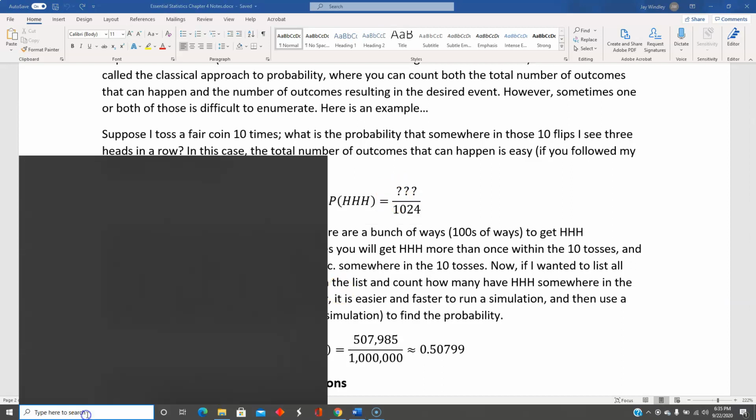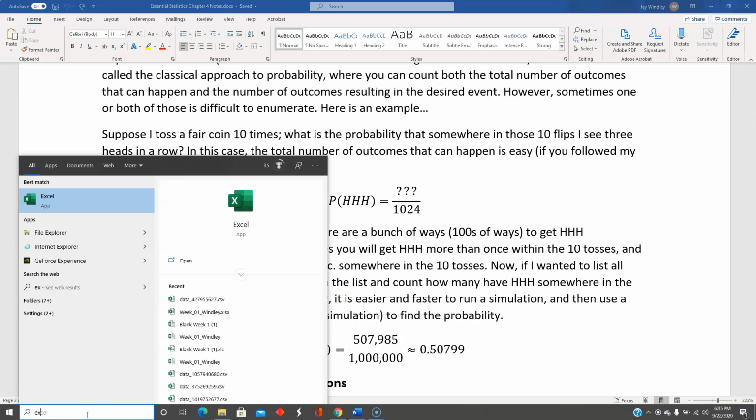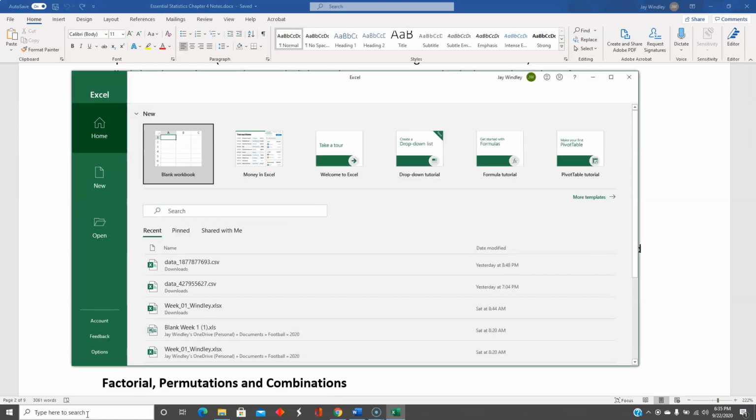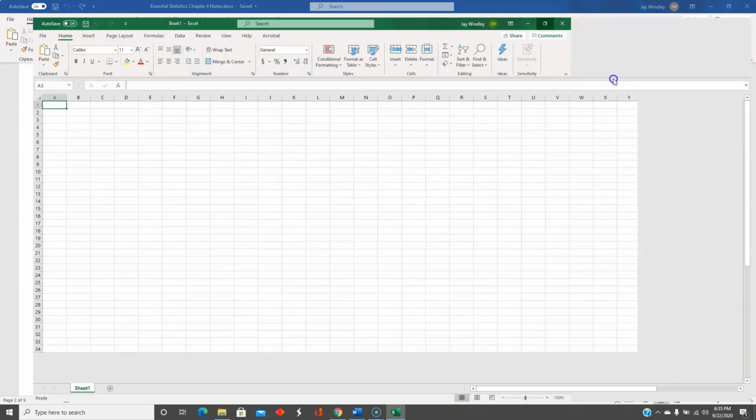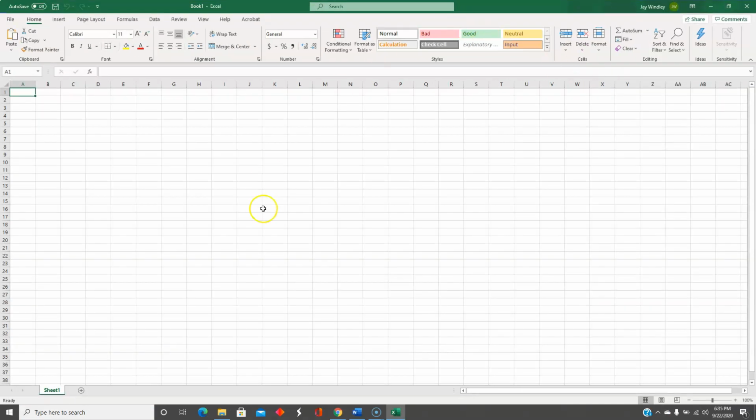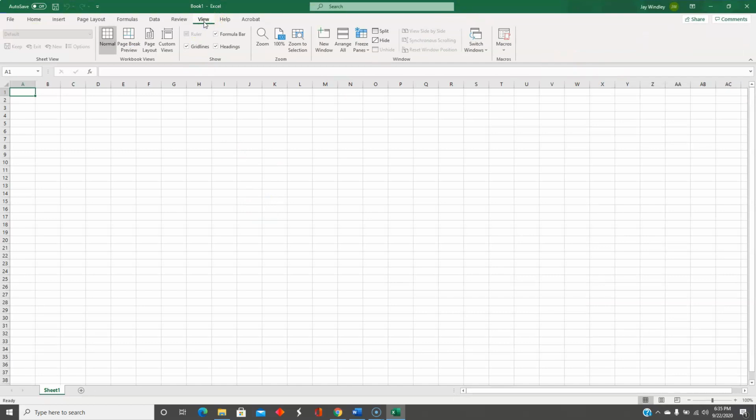And I had some people asking me about this that saw this on an earlier video. You don't have to understand anything I'm about to do in Excel. All you have to know is that I'm about to simulate this coin tossing problem. I'm going to simulate